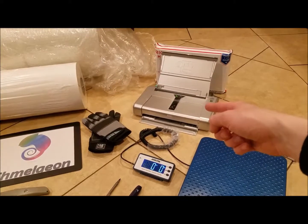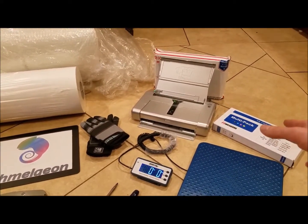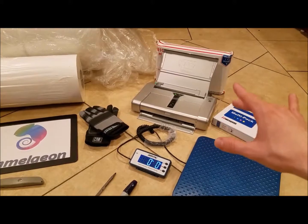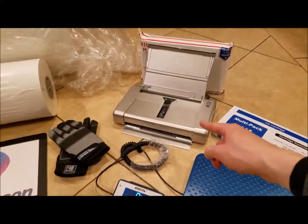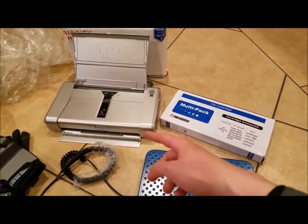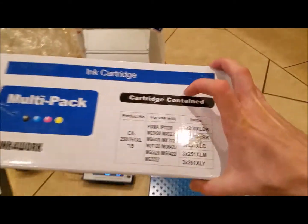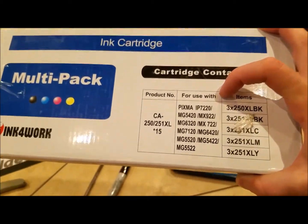I use Canon printers, and I usually get my ink, it depends on the pricing, but we'll have links to compare pricing on different marketplaces. But if you can find a printer, I use an MG5420. This is a Canon IP100, which is actually battery powered, which is kind of cool. You can take it along, you can put that thing in a backpack and it'll work. Kind of neat. And here's actually the list of the printers that use this ink, and it is so affordable,